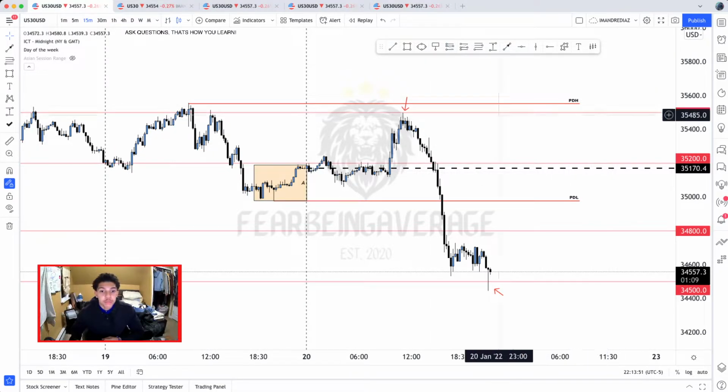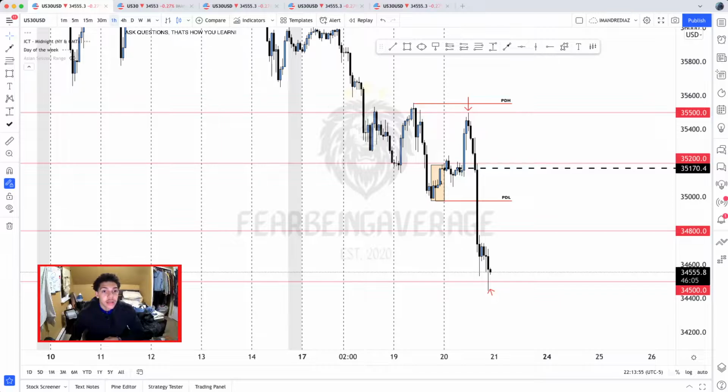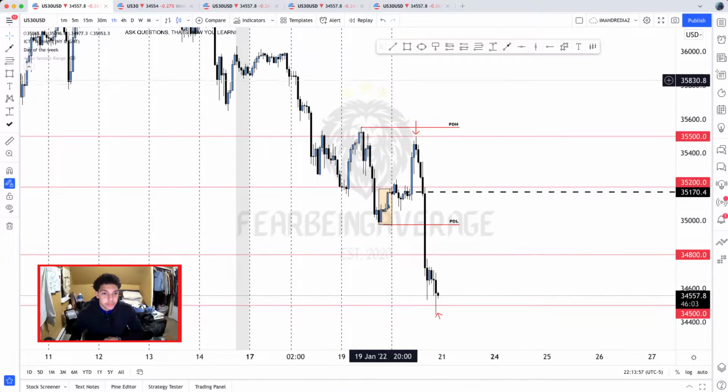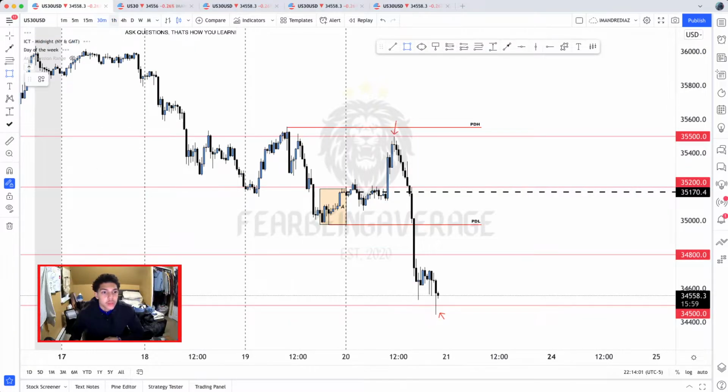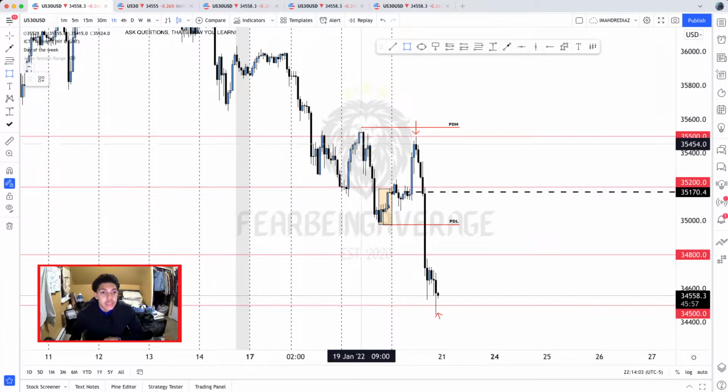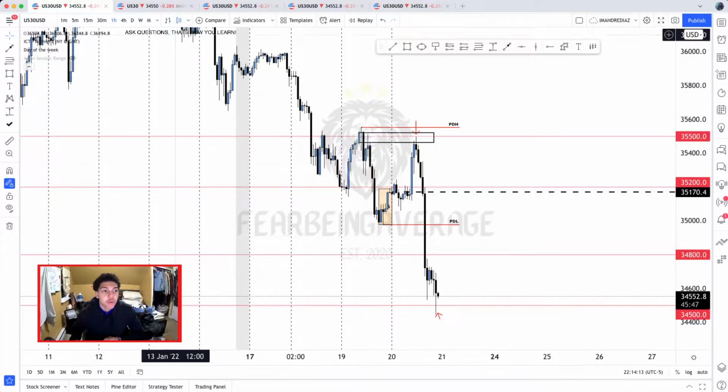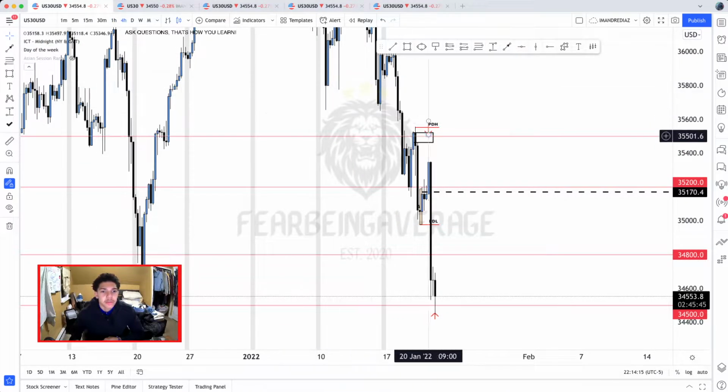But before I put the high of the day and annotate this, I want you guys to take a look at the higher time frames. One thing that I noticed is after coming to the 30-minute time frame, going to the hour, I see that there was a 1 hour order block right here, right where price started to react. So we see that price tagged into 35,500 and also tagged into this 1 hour order block. But if you take a step further and come to the 4 hour, you see that this is a refined version of the 4 hour order block also.